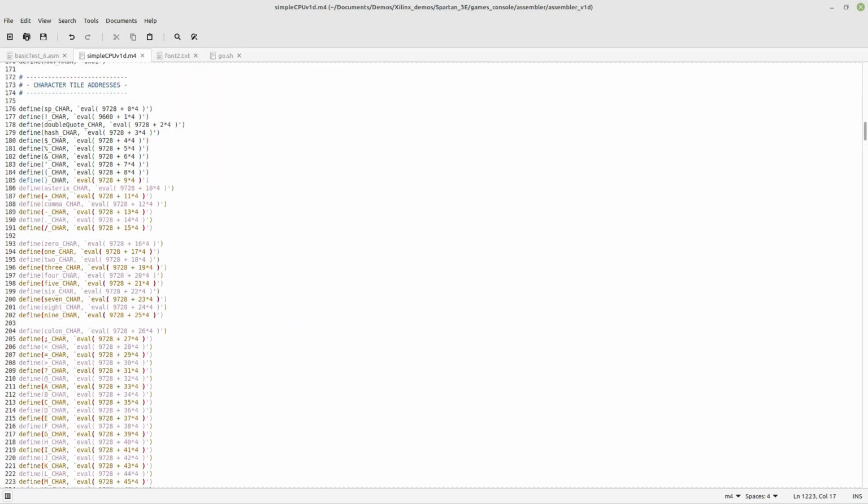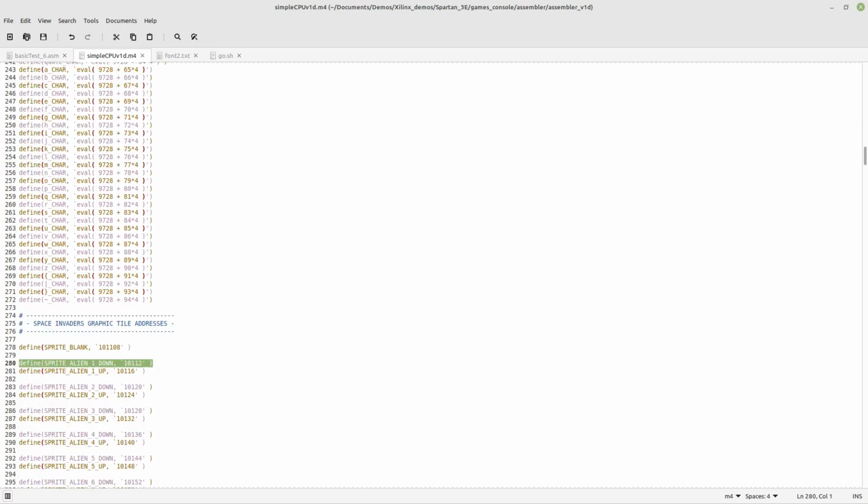10,112. To make life a little bit easier, I've defined some of those values in a macro file. So rather than using that absolute address, we can use a more human readable label. If you wanted the address of where the capital A character was stored, you can use capital A _ char. When you assemble the program, the M4 preprocessor will replace that with the address in the video display's memory. You can see here, Space Invader Alien 1 in the down position is at address